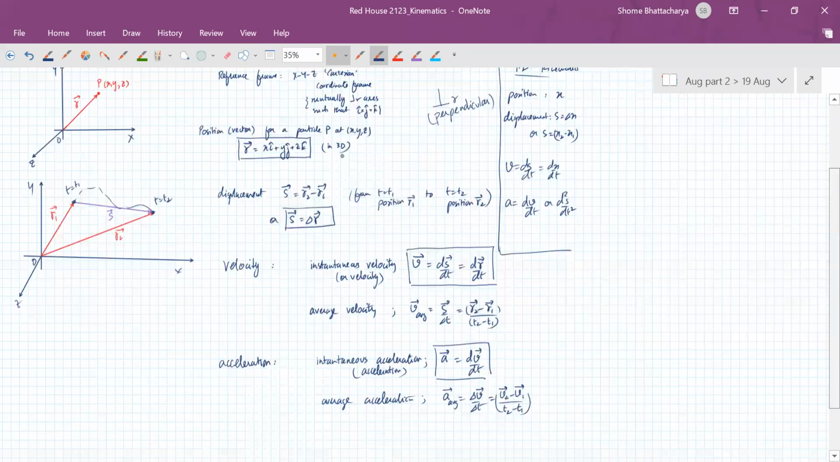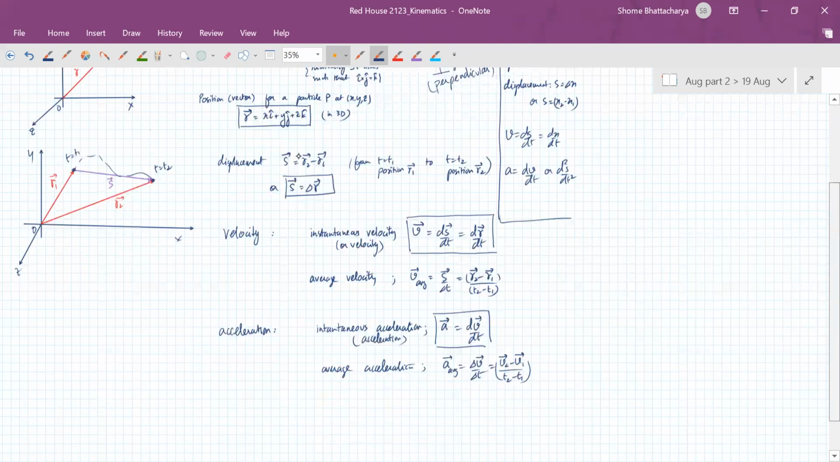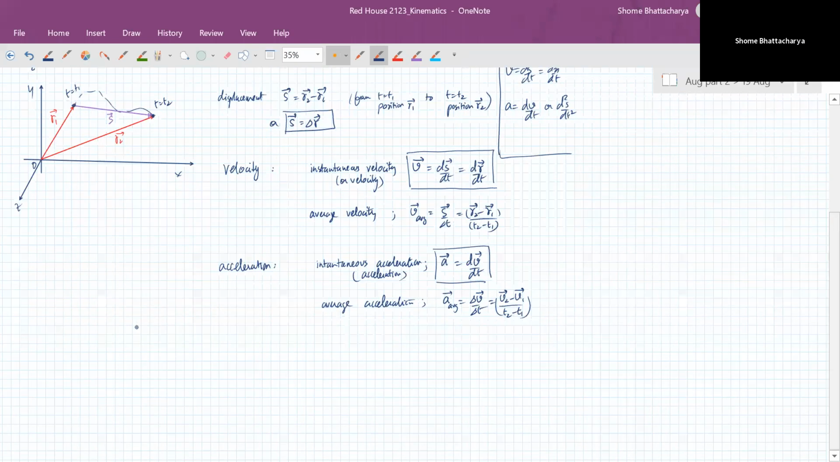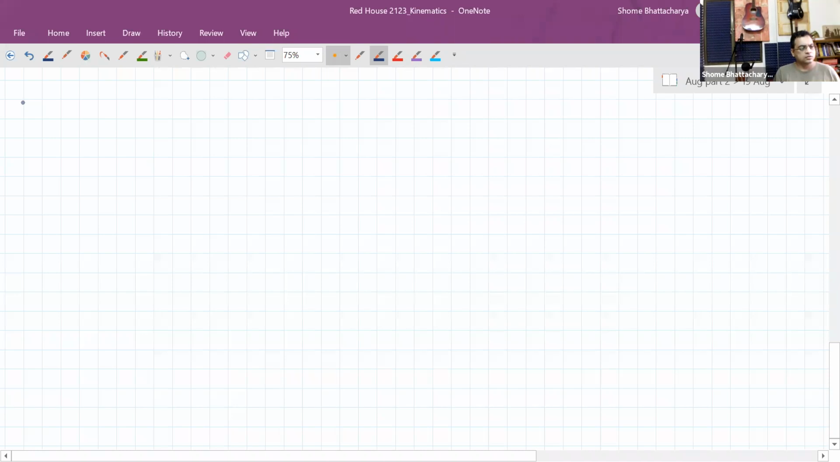Okay, so let's move ahead with an application example, and then we will come straight to the topic for the day, which is projectile motion. So suppose we have a situation like this, that a particle moves in the XY plane,